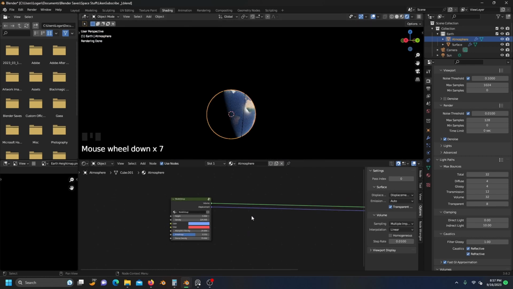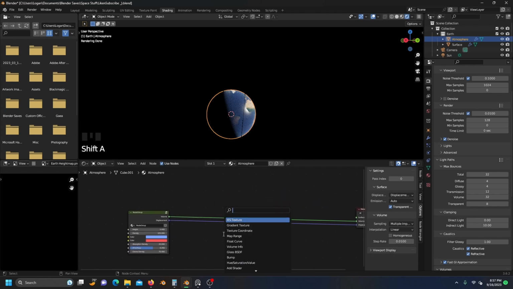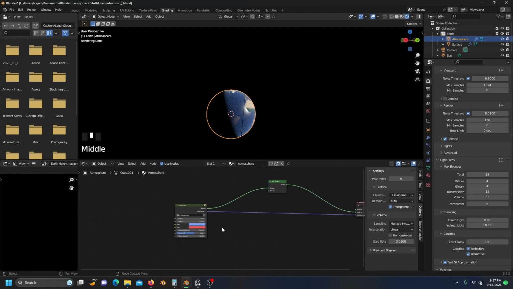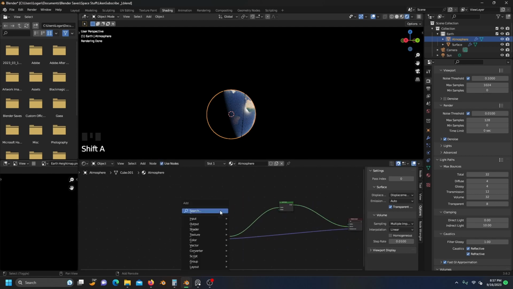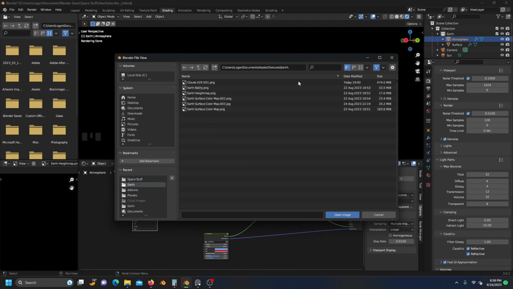So now for the last bit, we're just going to create our clouds. So we're just going to keep this in the same shader because that is way, way, way more efficient. And I'm going to grab an add shader there, and I'm going to go ahead and grab an image texture node, open this up, go to that file, and we need clouds